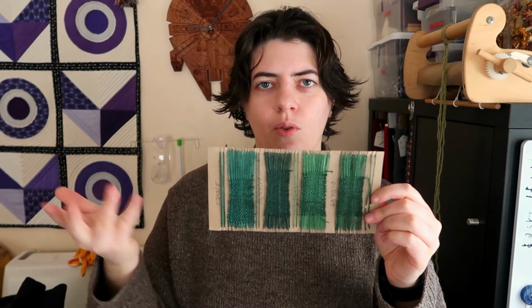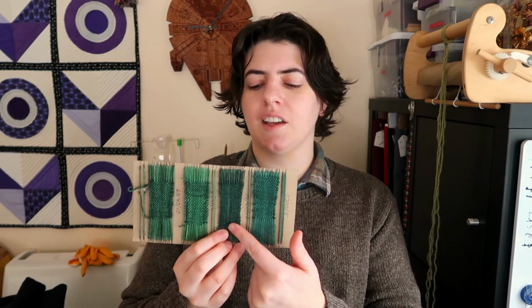my little warp samples. I let that information sink in for a few days, just put this card in different lights and different places to see how the colors change depending on how you're looking at it and what kinds of lights, if it's a cool light, a warm light, that kind of thing. And after almost a week, I decided this one is my favorite. It is the closest direct match. Since there will inevitably be variations in my skeins as I dye them, I think close as possible is probably